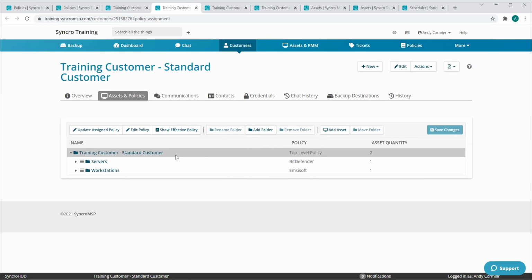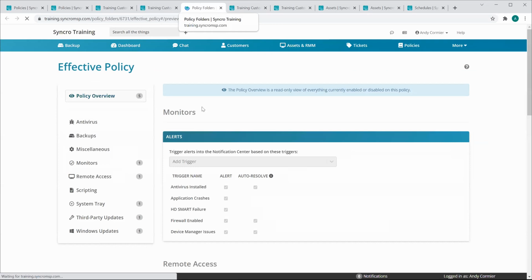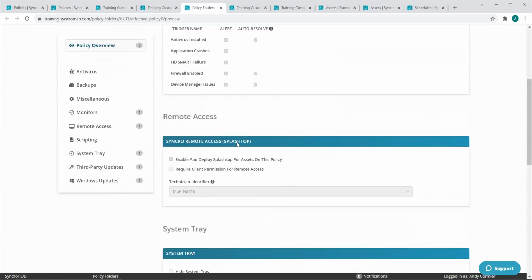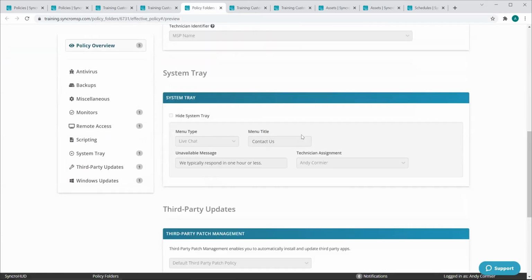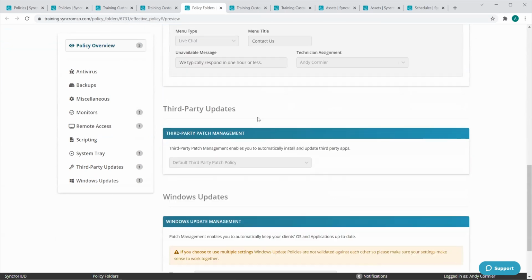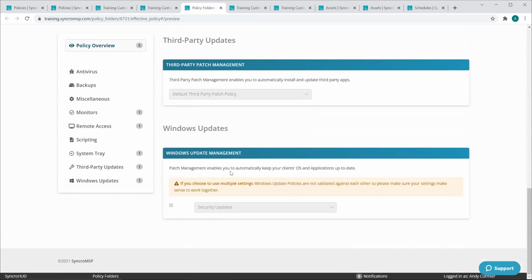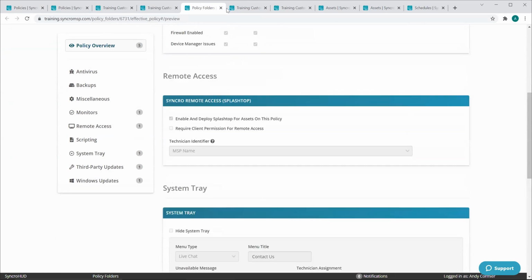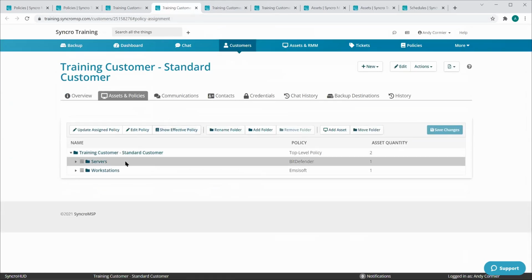If I want to know what's happening at any given level, I have this show effective policy button here. Since this is only going to encompass my top level policy, this is what it's doing. I've got some monitors, I've got Splashtop, live chat, because live chat's awesome if you're not using that, third-party updates and Windows updates. Pretty simple. This is what I want everyone to have. So if I were to look at the effective policy of